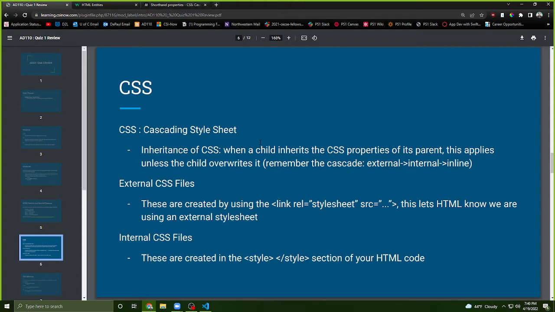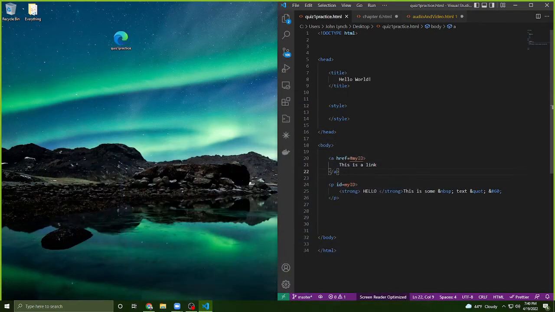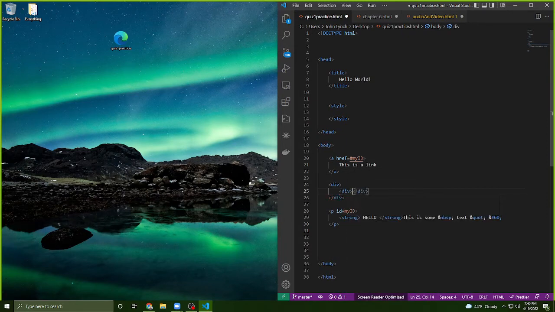Cool. All right, so now we're on to our best friend, the CSS. So some of us, I know, I've been dealing with this quite a bit. So CSS is our cascading style sheets. And the general idea, I just want to remind us of inheritance and the keyword cascade. If you have a child that inherits the CSS properties of its parent, then it applies those properties to the child unless the child overwrites it. And this is where the external concept applies. So if I have a child of a div, and I'm applying everything to the div, again, if I have two divs in here, and inside of my style,